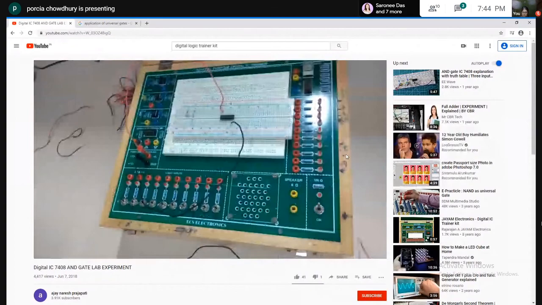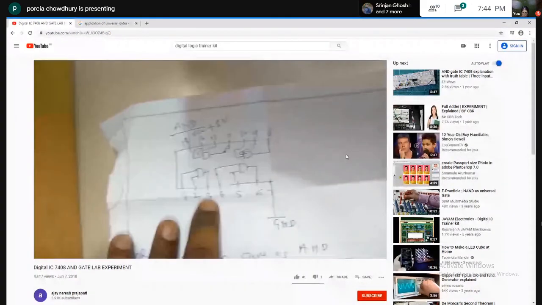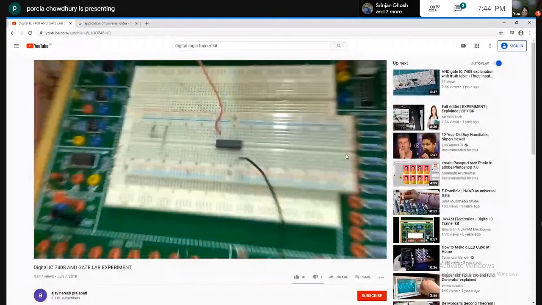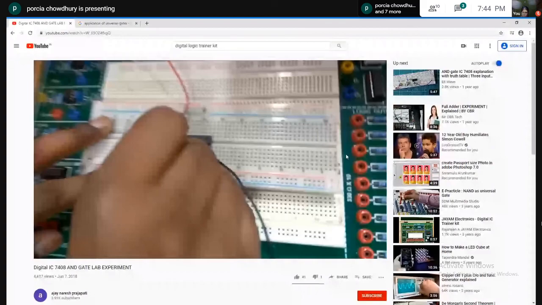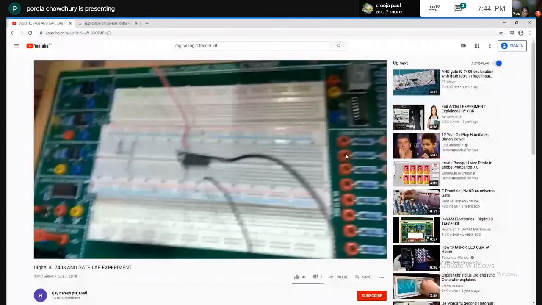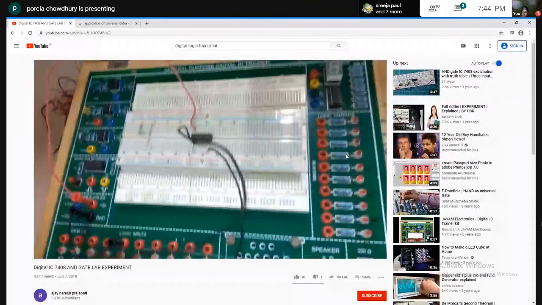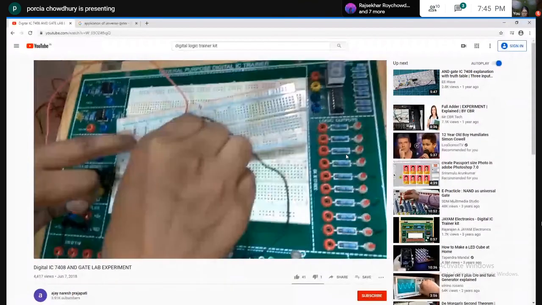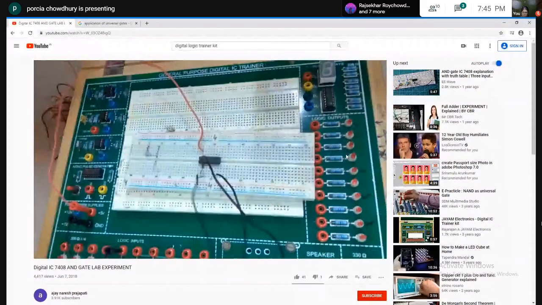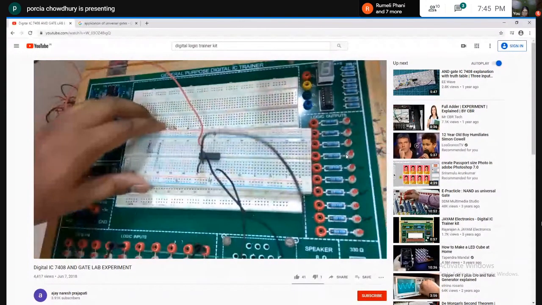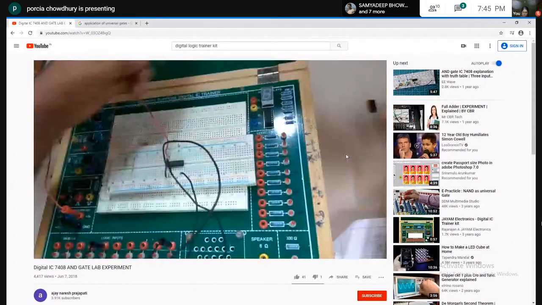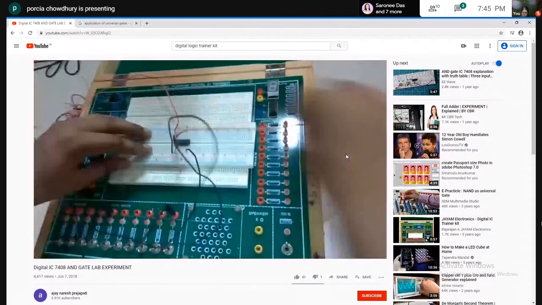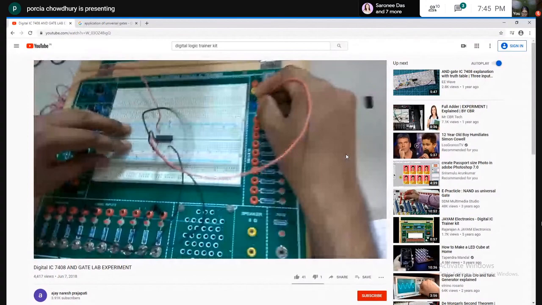So this is basically the configuration of the AND gate, 1, 2 as input and 3 output. We will connect two wires from pin 1 and pin 2 to any of the input lines, one input line for each pin. So inputs are connected, ground and VCC connected, and we are left with the output. From pin number 3 we will connect one wire to any one of the output lines.